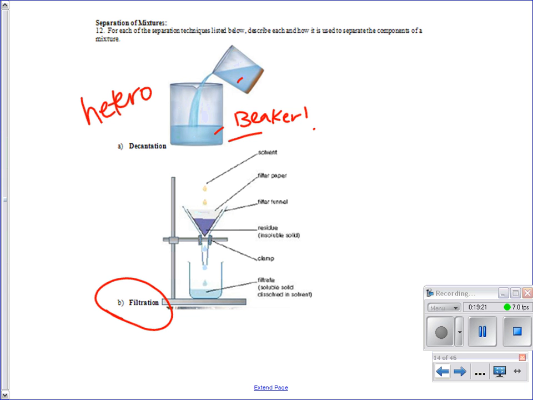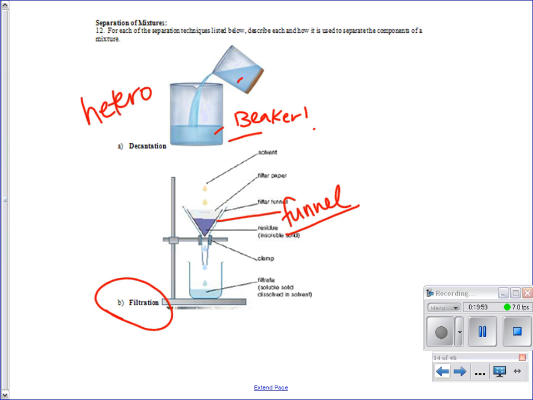Next is filtration. In filtration, the most important piece of equipment is this triangular thing with the thing on the bottom. What is this triangle called? A funnel. And in the funnel, we will put a piece of what? Filter. I said coffee filter. Yes, it's not coffee paper. It is filter paper. But yes, the concept of filtration happens in your coffee makers. I agree. If you had the piece of round paper, what would you do? You folded it, remember, in quarters, and then you'd spread it apart and put it in the funnel.